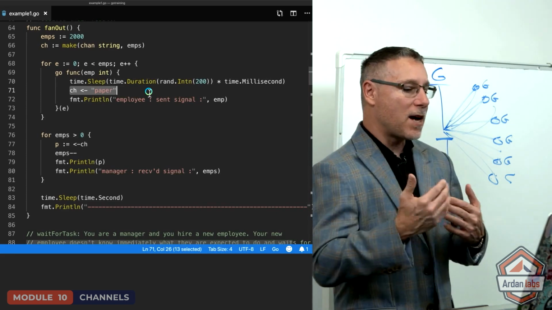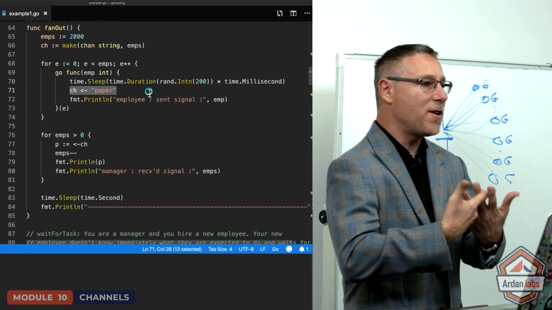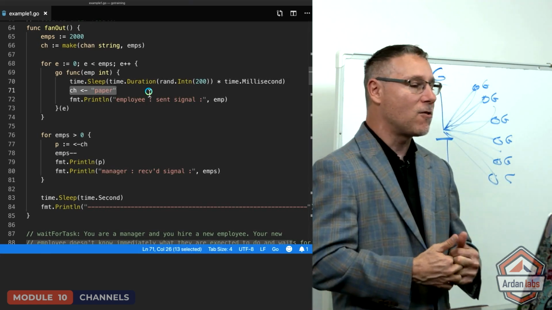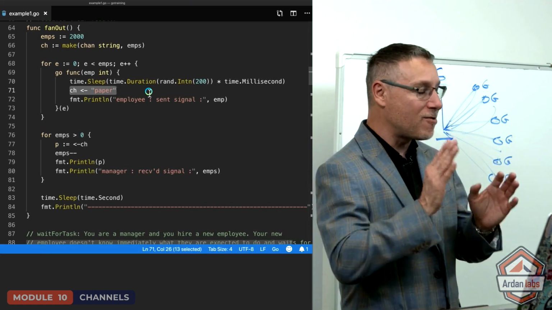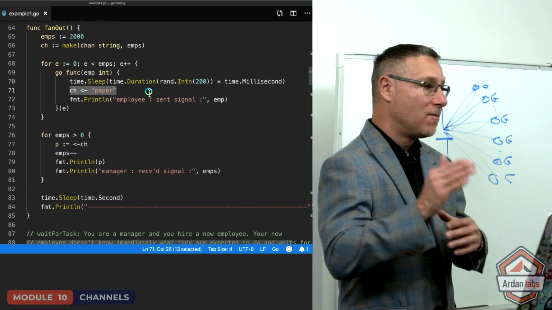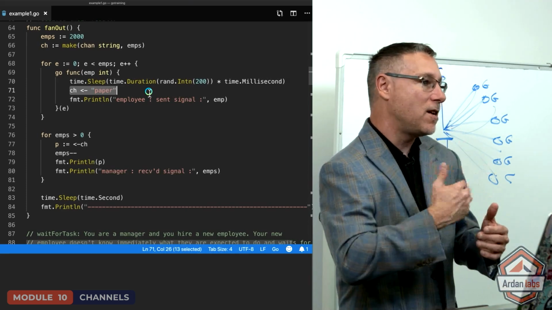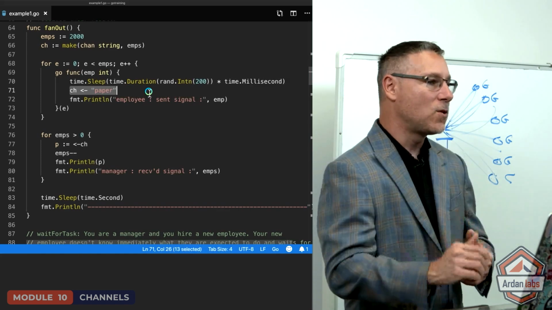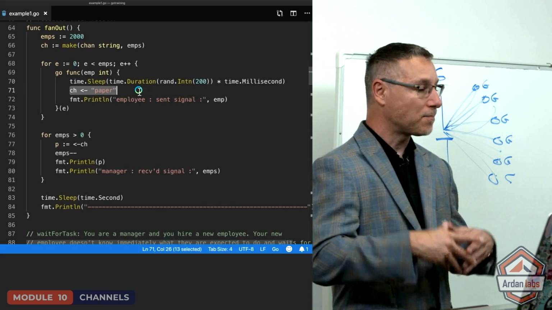Now, because we've got the buffered channel, every single Go routine doesn't block on their send, at least as it relates to the receive. Remember, all we're doing is reducing latency between the send and the receive without the guarantee. But what if two or more Go routines want to execute line 71 at the same time?